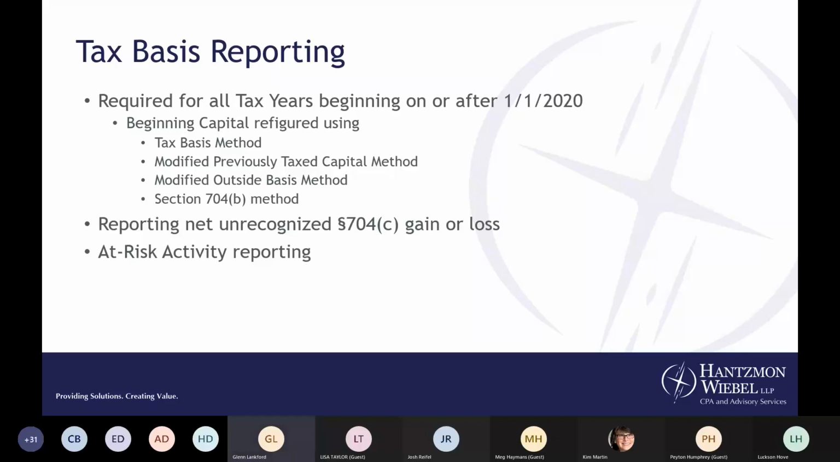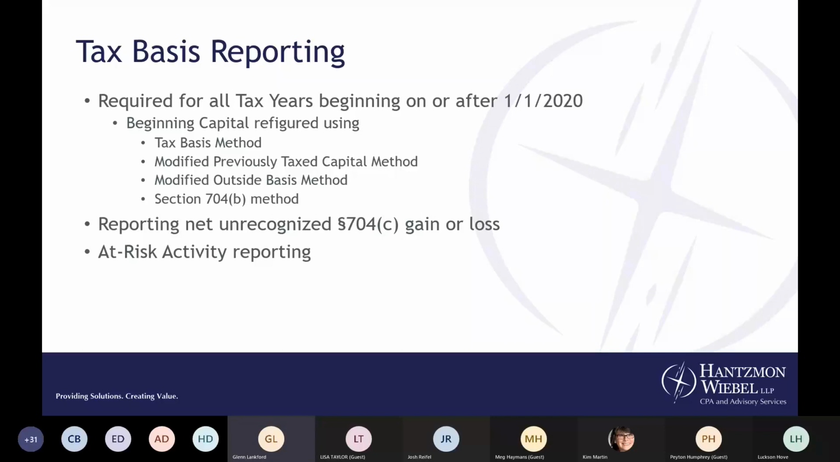And what that means is that if there's a loss allocated to me that exceeds my tax basis capital, and I have non-recourse liabilities, I've got basis to claim that loss, but I'm not at risk, so I can't claim it. Now, the difference, a little bit of a quirk in at-risk versus basis is